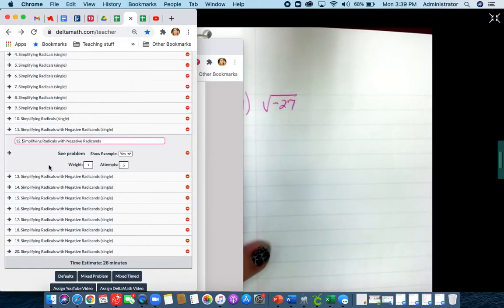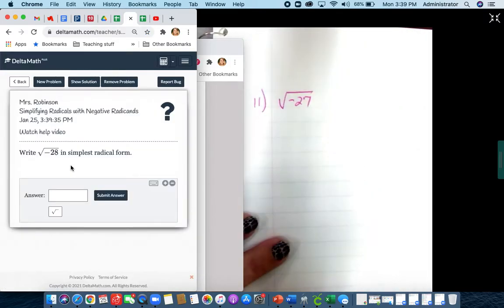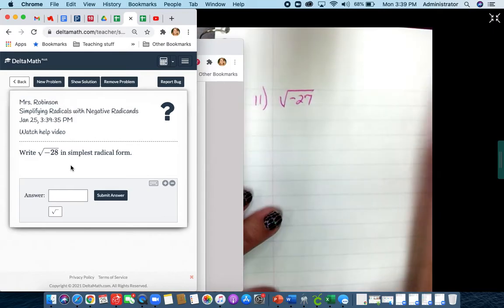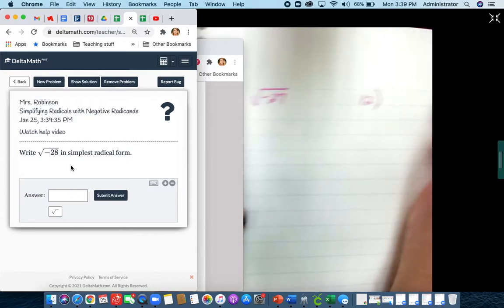So feel free to write these down. I'm going to leave a little room because I am going to at least expect you to write down what you typed in your calculator, or if your preference is to do it by hand, what you got when you typed it in that way. So 12 in my notebook, I'm going to write square root of